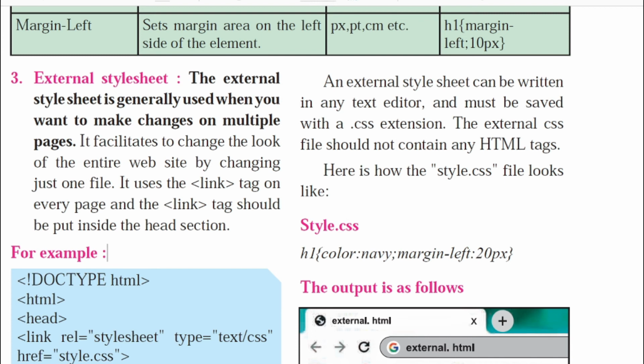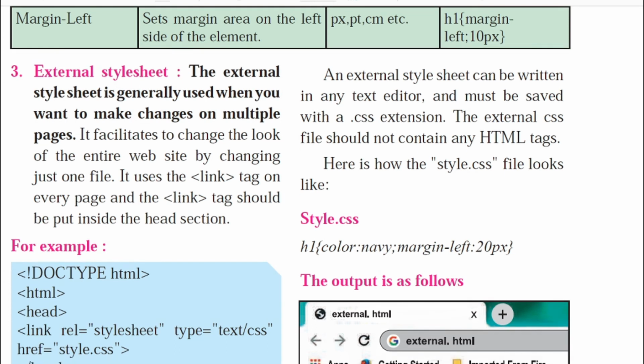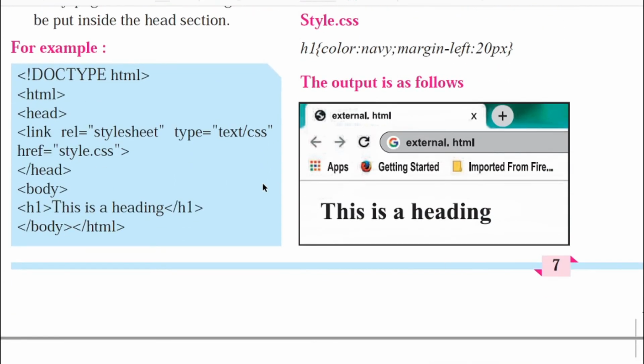Let us have a look at an example for external CSS. Here you have a small coding, my dear students, which says HTML head link, relative positioning is provided over here, and style sheet type is equal to text/css href style.css. Now this is the line which you need to understand. What are we doing exactly in external CSS?